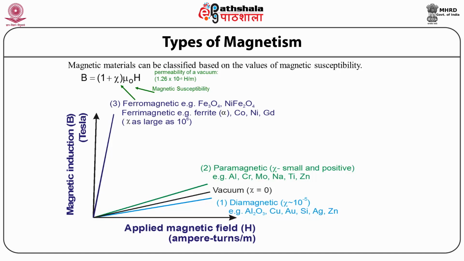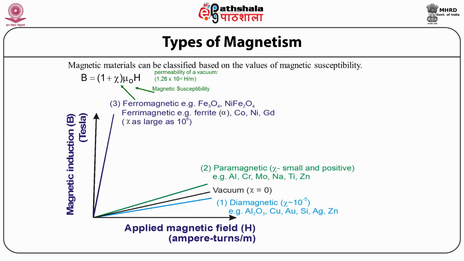As we can see from the graph, for diamagnetic materials, chi is approximately minus 10 to the power minus 5. Most diamagnetic materials show very small negative susceptibility except the superconductors in the superconducting effect where chi-m is equal